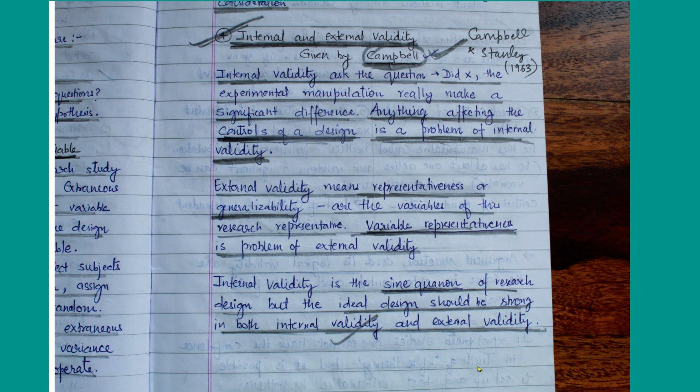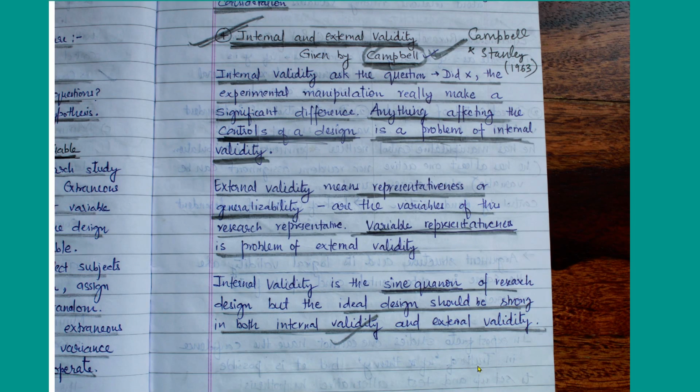It means that internal validity is more important than external validity, because if you do not have internal validity, then obviously you will not be able to have very good external validity. So first you have a good design, you control the extraneous variables, you have good control over the design, then you achieve internal validity, and only then will you talk about external validity. First you do a research, then you see the outcomes of the research, how they are affecting other regions also. So for good generalizability or representativeness, you have to design good control of design, a good internal validity design.